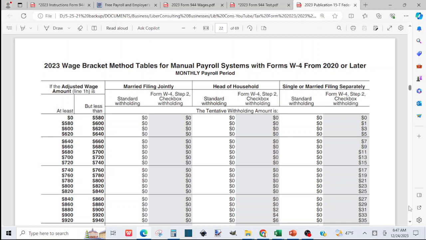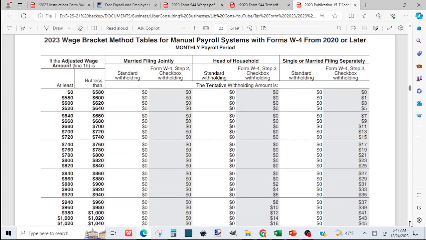That's pretty much where you'll come, based on how much you want to pay the person and how often you are paying the person, for example a monthly pay period. You'll be able to use the manual payroll system tax bracket for W4